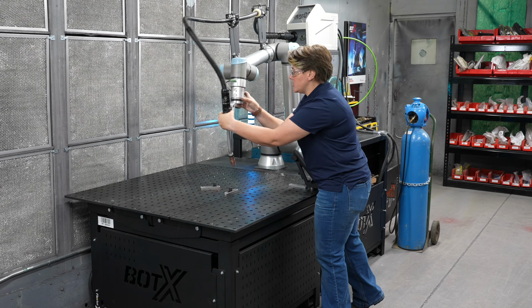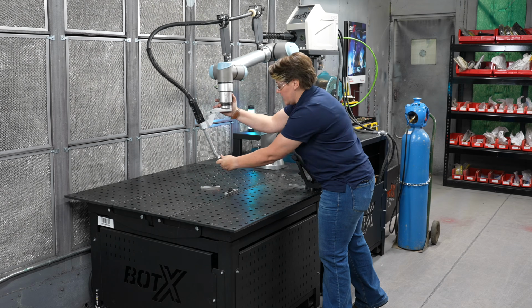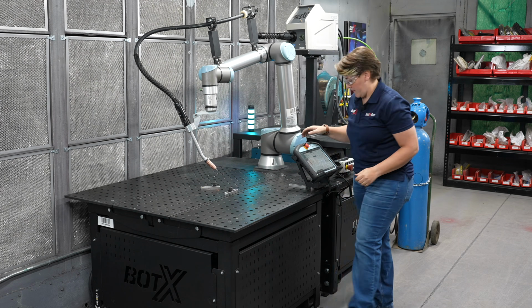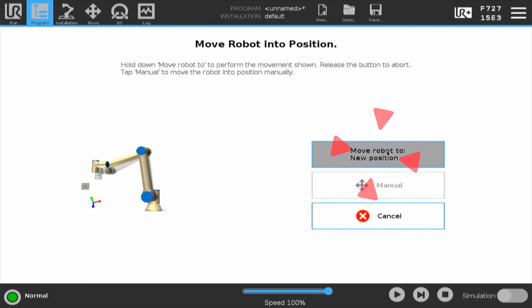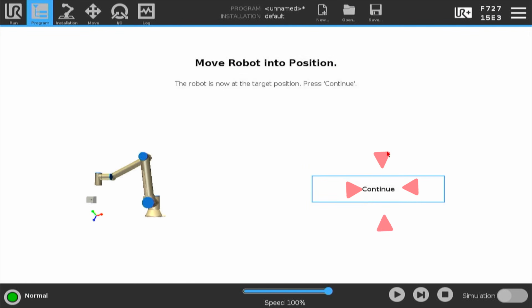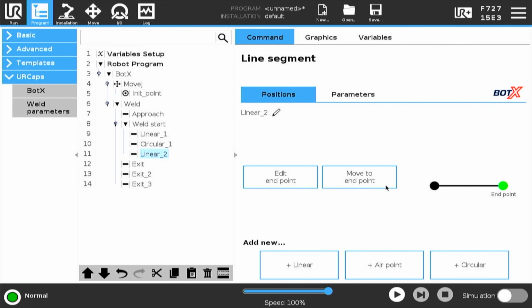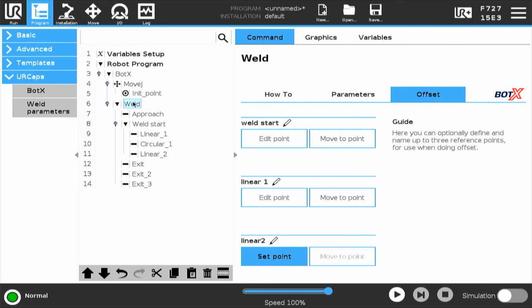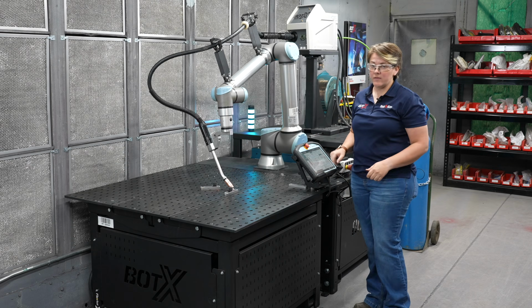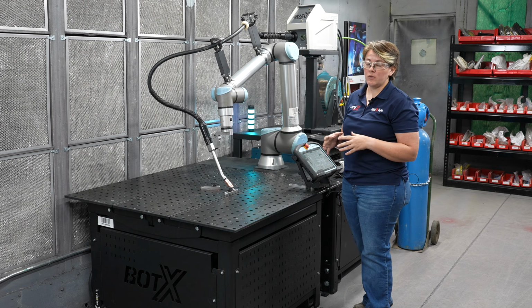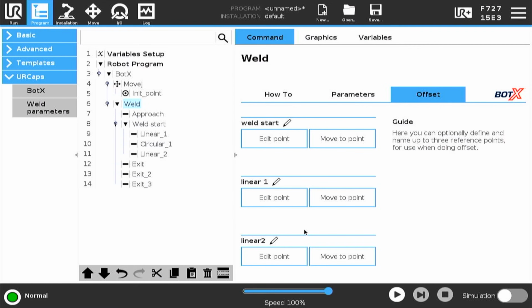I'm going to adjust the arm so that way it doesn't run into anything. So now we will move to endpoint, press and hold. Back into our weld header under offset, and we will set our final point. We have now created the reference points for our weld, and now I'm going to go into the BotX master